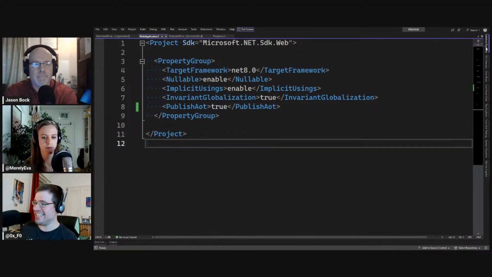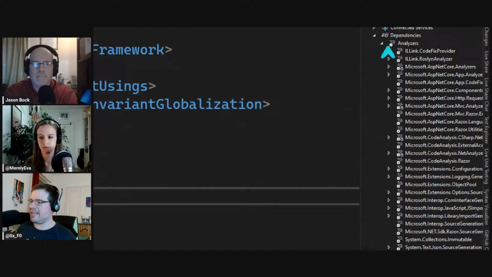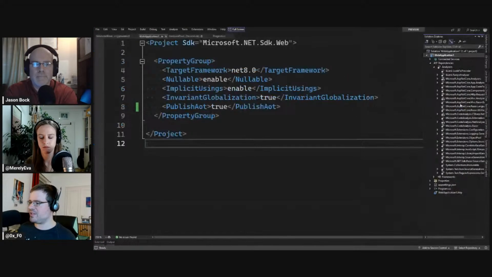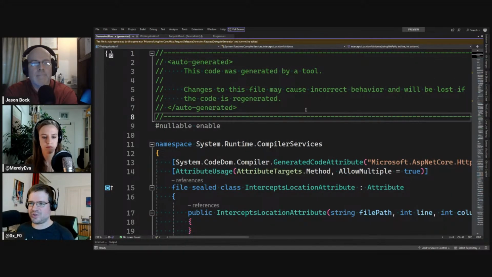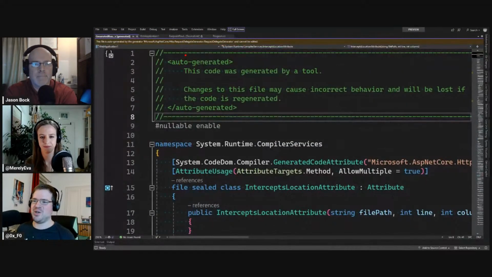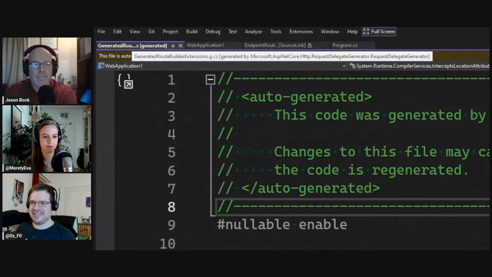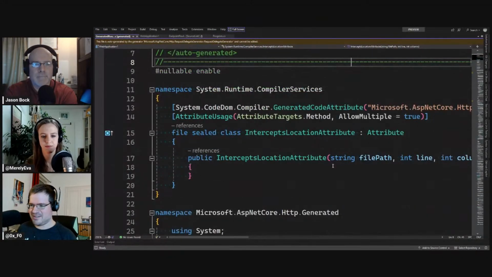now a source generator kicks in. Visual Studio, but also other tooling like Rider, is very, very similar. We can see this in the analyzers or a source generator tab. And now a new source generator kicks in and generates new source code. We see here a warning: this is auto-generated, cannot be edited. When we have a look at the name of the document, it's .g.cs. It's auto-generated. So what does this do?